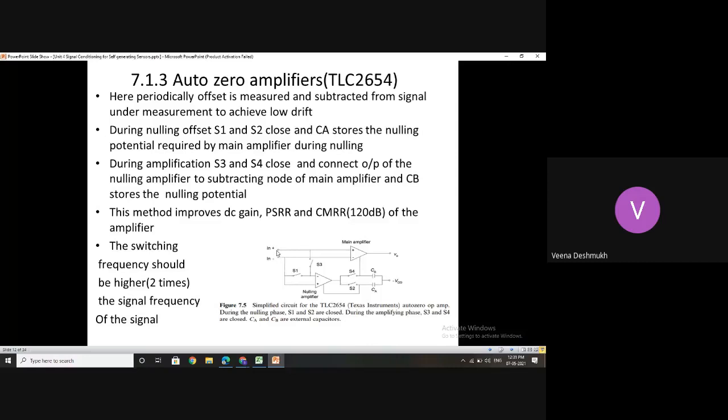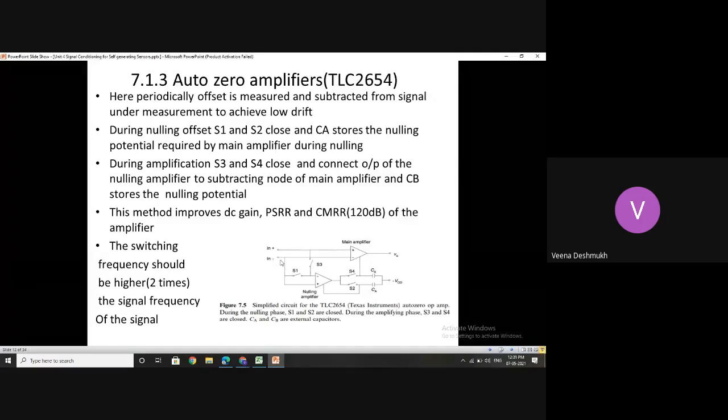Now here you can see there are two input lines. One is the positive, the other one is the inverted one. So when positive is connected to this positive, it is basically in the open loop mode. So the concept of inverting, non-inverting with feedback doesn't come here. Positive as it is with a very high gain. Because it is in the open loop mode, the gains are going to be very, very high, which leads to saturation in the op amp. So this as it is gets passed on to the output.